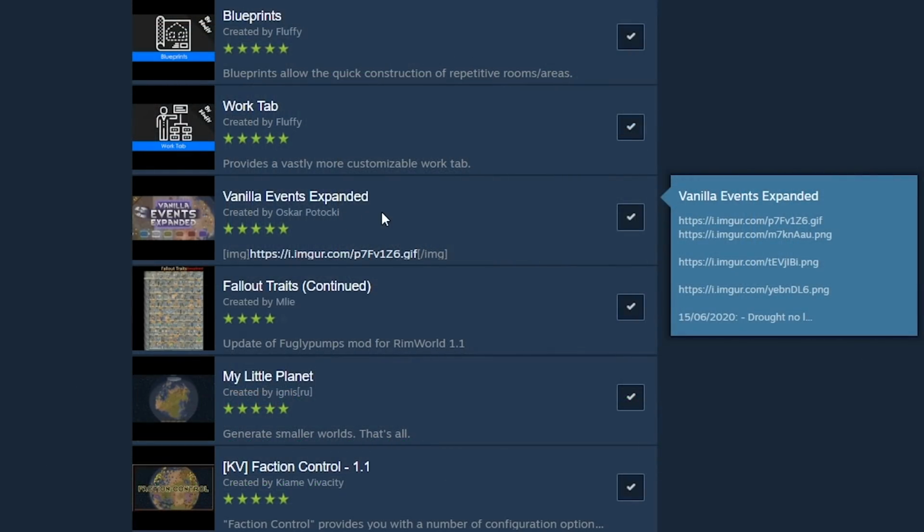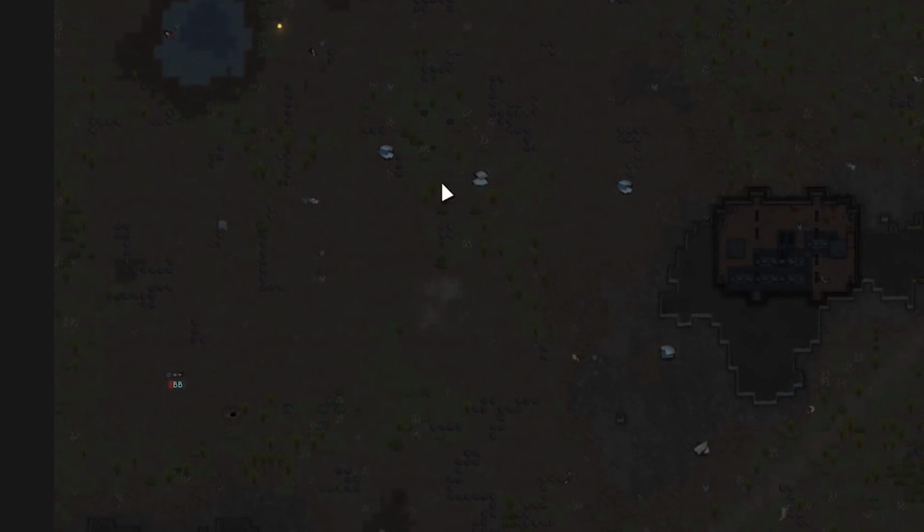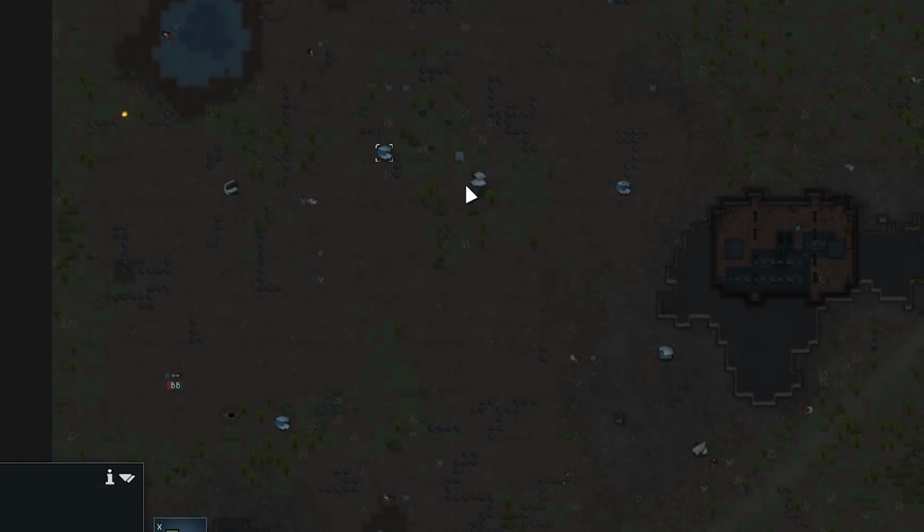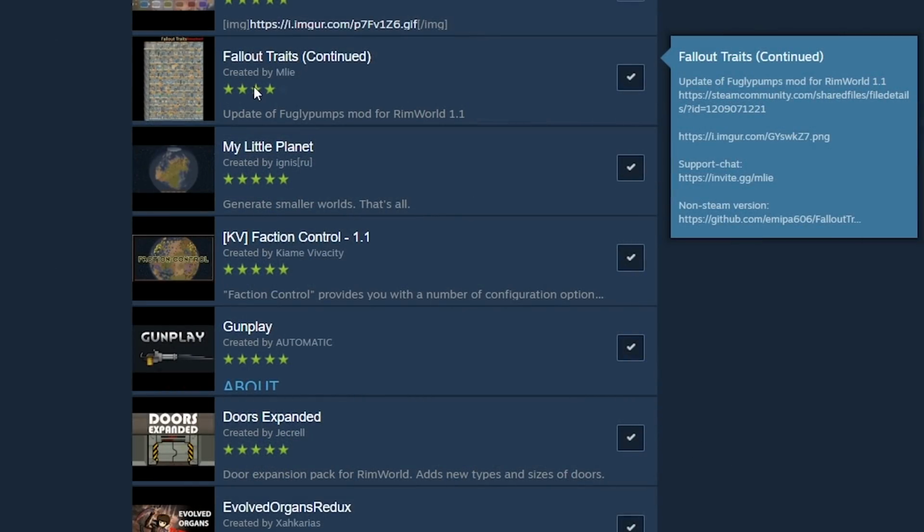Vanilla Events Expanded just adds a bunch of events. There's one really cool one that's like a spaceship battle, and here's the event. Basically just a bunch of ships rain down, and then you've got people that are wounded. You've got a bunch of ship chunks that drop. Then we've got Fallout Traits, which adds a bunch of new traits to the game, which I think are pretty